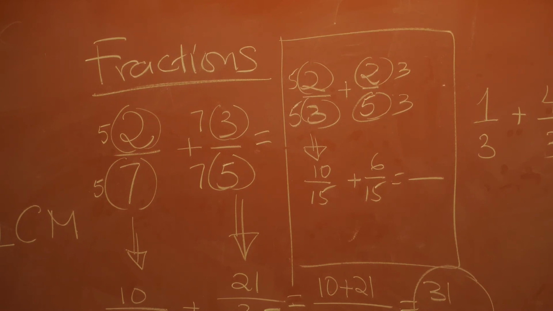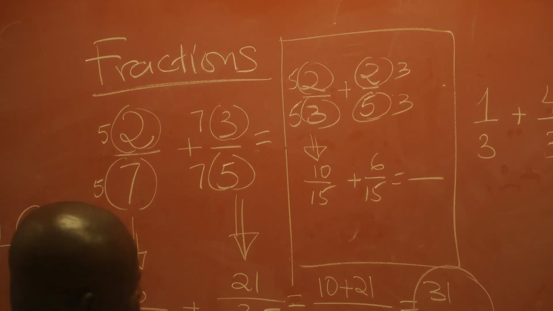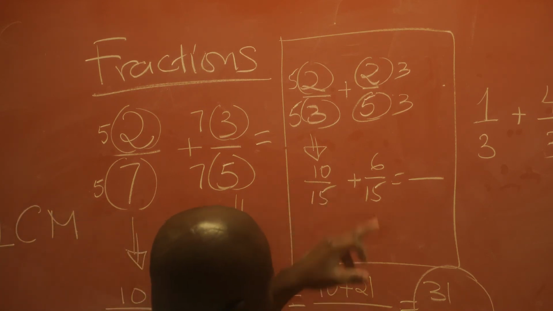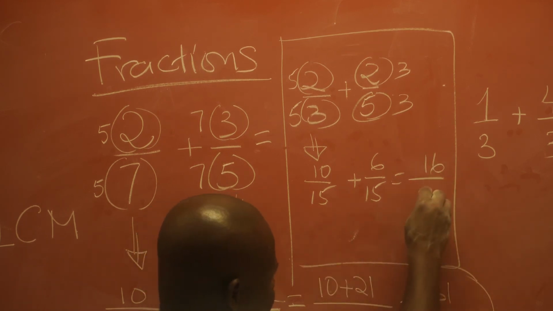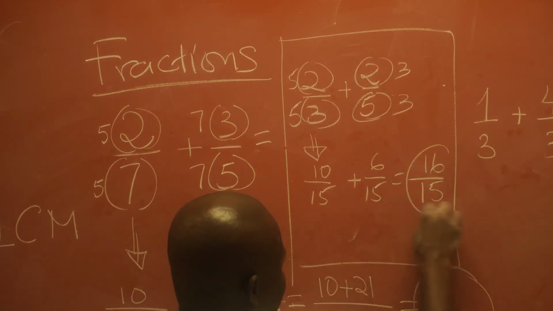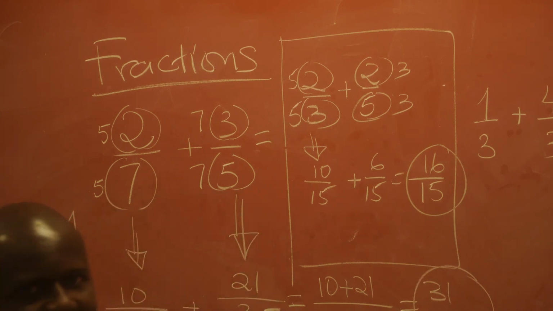That's why I say in another video we'll come back to how to find the LCM in detail. Okay, so 10 plus 6 is 16, and 15 will be that common denominator, and you have 16